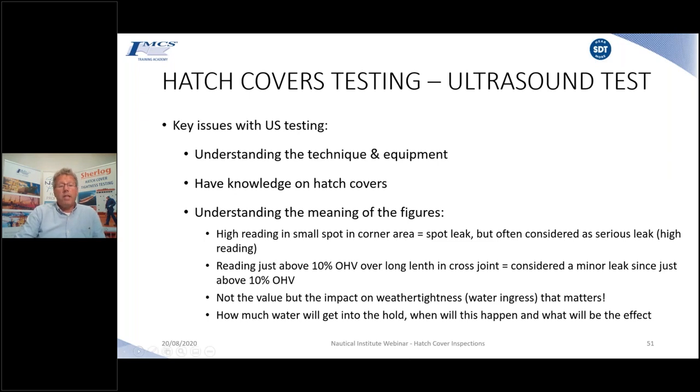Whereas we can have readings just above the 10% of the open hatch value over 4 or 5 meters in a cross joint system, and that is considered to be a minor leak just because it is just above the 10%. Oh, it's not that bad. But actually, I